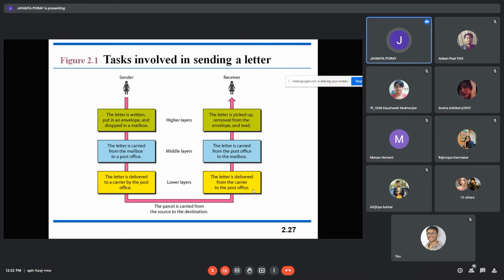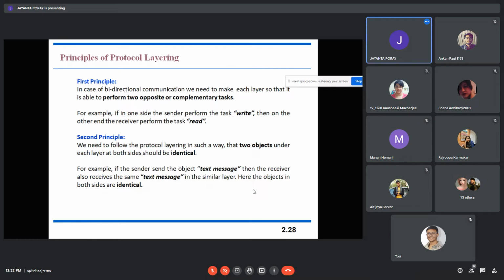Okay, so this is a typical example of multi-layer tasking or multi-layer protocoling, which is exactly what we are doing in this network. So there are two principles of protocol layering in that context. The first principle is that the layers perform two opposite or complementary tasks, and the second principle is that they contain identical objects. For example, when I consider packets in the network layer,